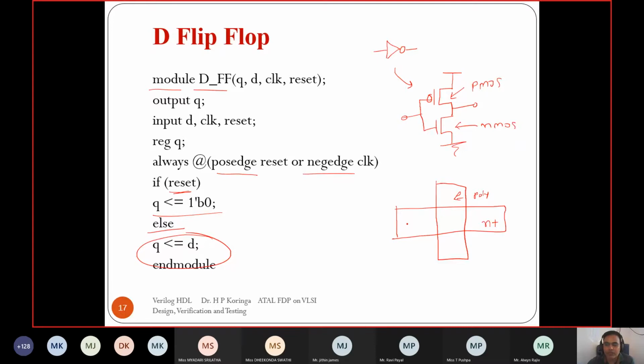Similarly, we have the P MOSFET. So these are some layers of material, or we can say a layout. Using the layout, we construct the device. Using the device, we construct a circuit, and that circuit is a logic gate. This approach is a bottom-up approach. From the layout, we construct any standard cell. So the bottom-up approach is used to construct a standard cell. Hope it is clear.